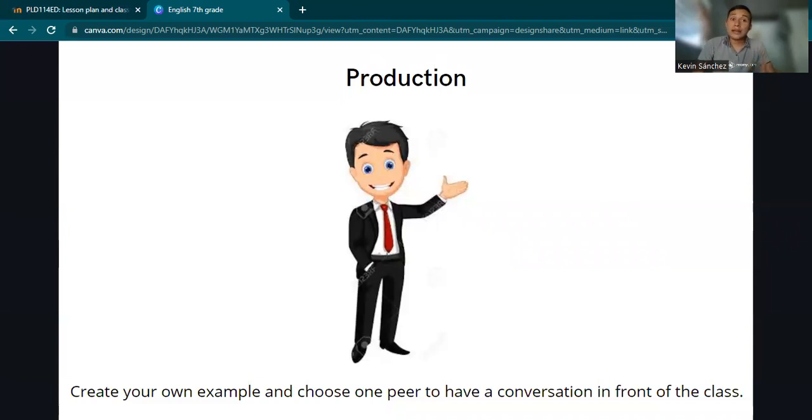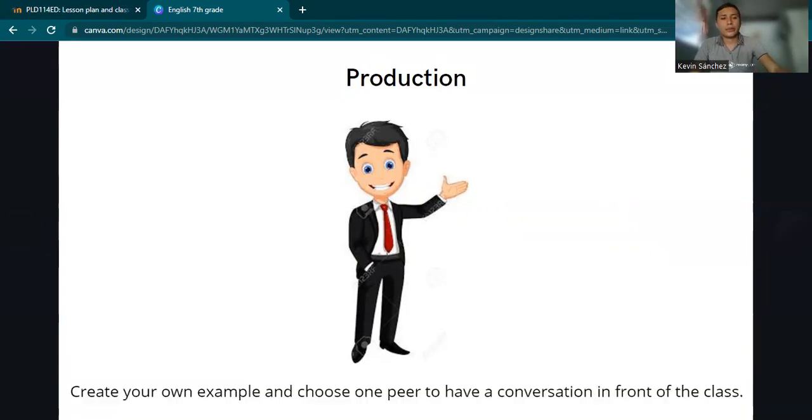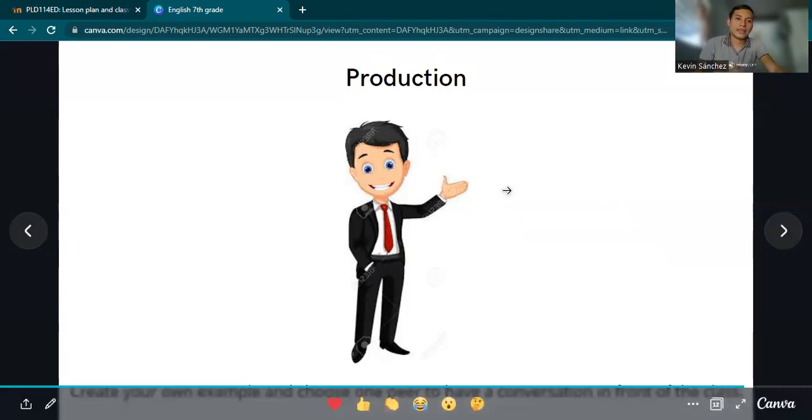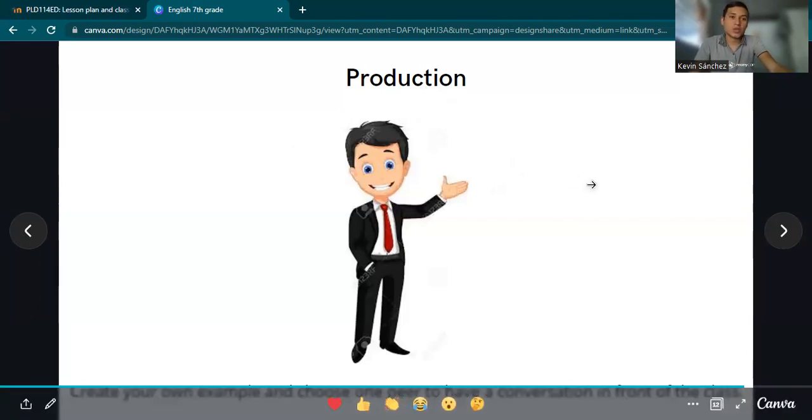Once you have completed that activity, please come here and show me your notes so I can see if your examples are correct or not. And also, if you don't know how to say a word in English, please come here, I will help you. And once all of this is ready, choose a classmate, and you're going to have a conversation with him or her. Don't forget that we have the questions that I showed you in the practice time. You need to revise them again, and you have to ask these questions to your classmate.